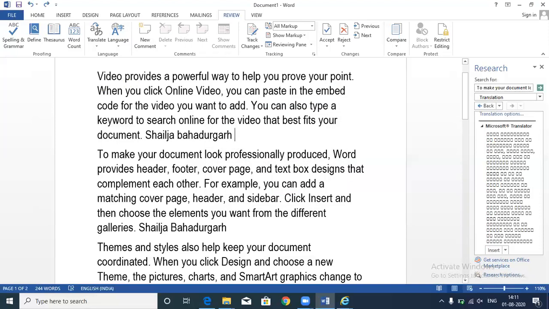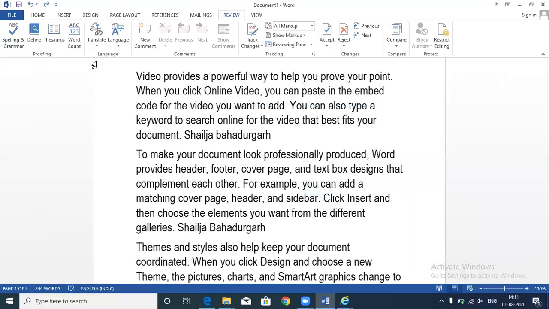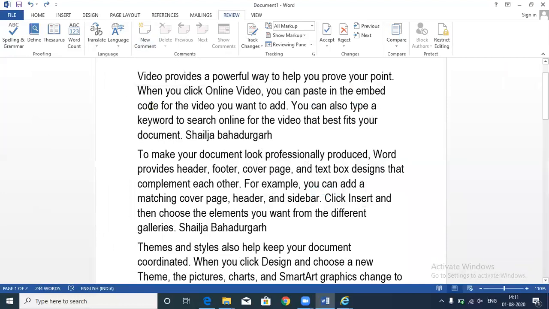So the next option we have is the comment option. For example, you have prepared a document and you want to send it to your senior. Everything you are confident about, you want him to check two or three points. What can you do in that particular file? For example, in that file there are 1,000 pages. So what could be the easy solution? You can mark those important paragraphs as a comment.